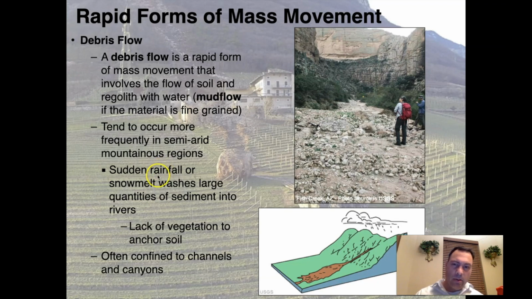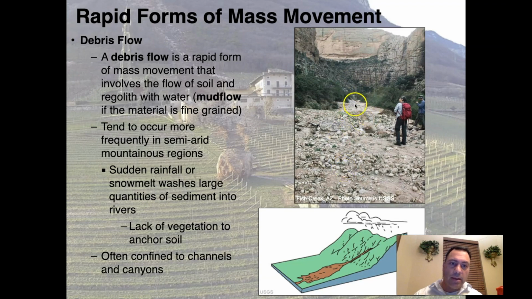They are usually the result of sudden rainfall. So you would think, well, saturation should be a major issue here. If you have a dry area and it gets a little bit of water, what's the big deal? Why would that cause a debris flow or a mud flow to suddenly show up? And the main reason is not only do we have large amounts of water that might come in, but you have a lack of vegetation to anchor the soil, right? So an arid environment, think of a desert or a semi-arid environment, is going to get a lot of water, but maybe not a whole lot of vegetation to hold things together. Suddenly things are going to start moving, they're going to start flowing, and that's what we see in here, a